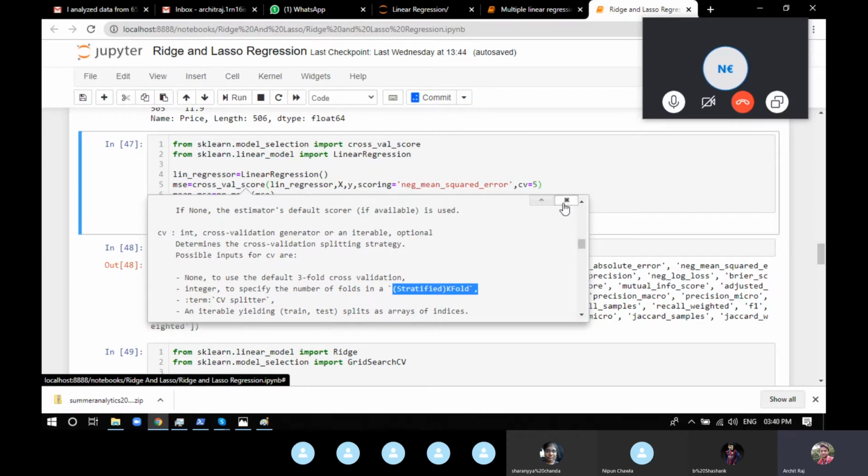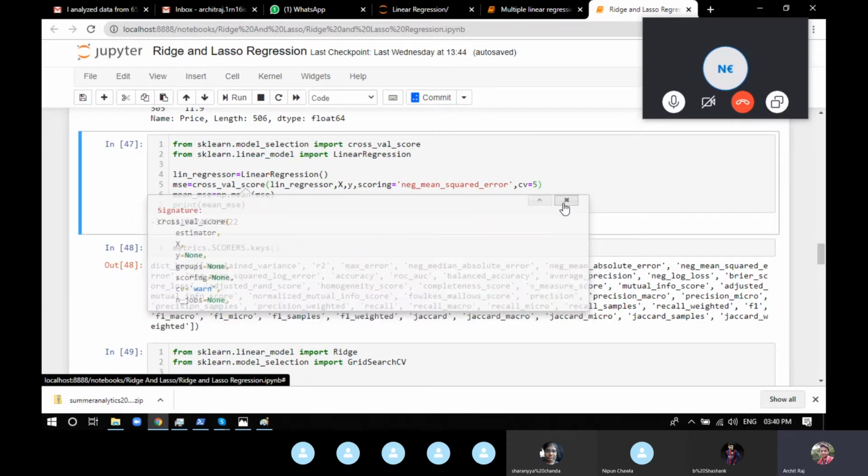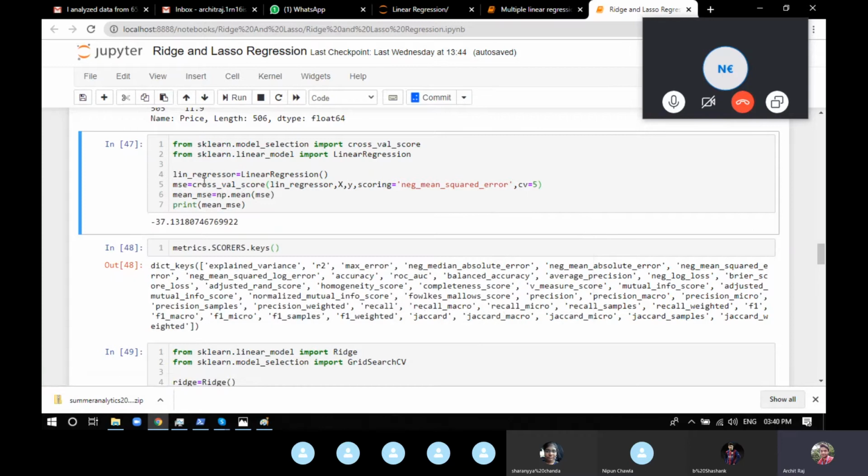It means 5 folds have been provided, so it will return a list of 5 different mean squared errors: for the first iteration, the second, the third, the fourth, and the fifth. It will be saved in a list.